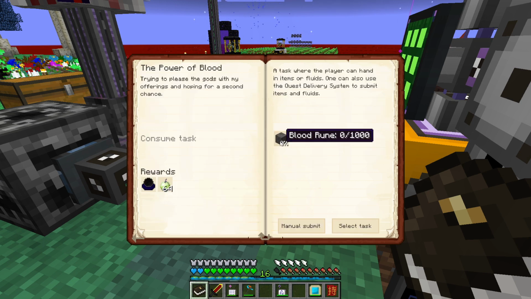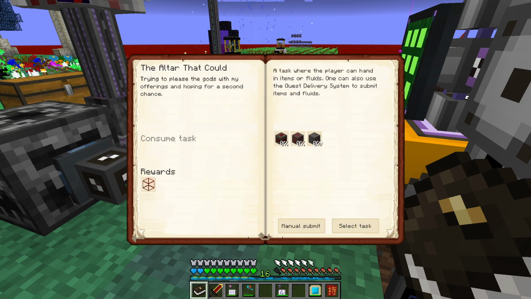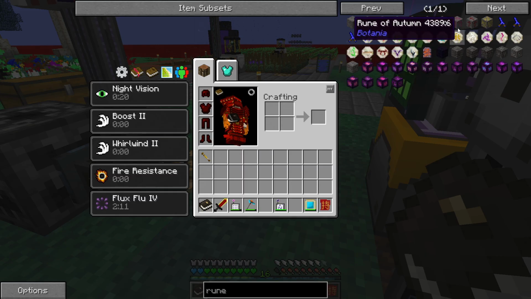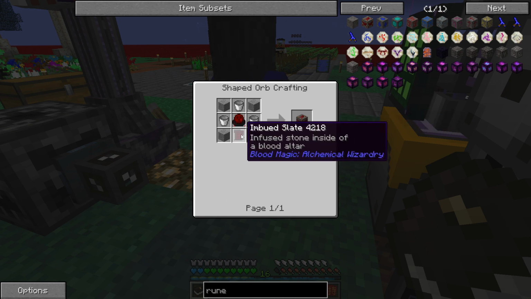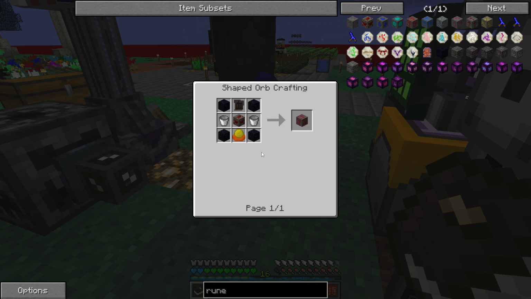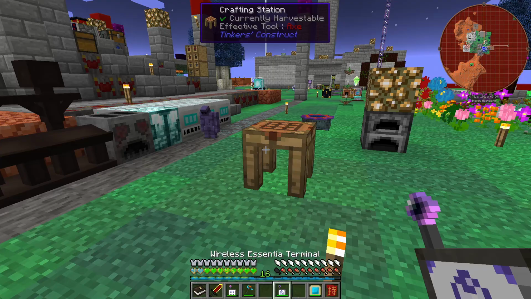what? So here it wants 1,000 blood rune, but then here it wants 1,000 blood rune again. Okay, that is so dumb. Anyway, so I'm going to need 4,000 blank slate, but for the augmented and superior. So augmented, where's the augmented? Right here. I'm going to need 1,000 imbued slate, and to make them into superior, I'm going to need 1,000 demonic slate. So I need an altar just on demonic slate, and I need an altar just on imbued slate, and I need to make sure that the altar producing the